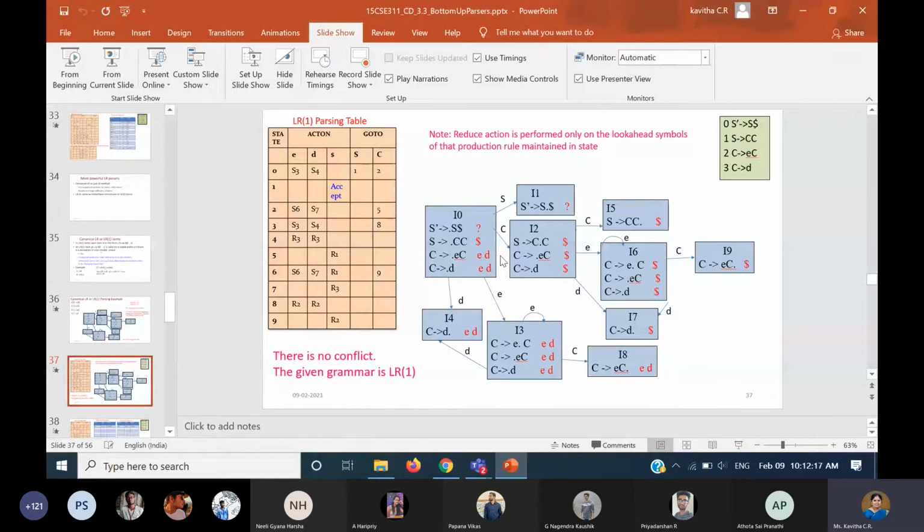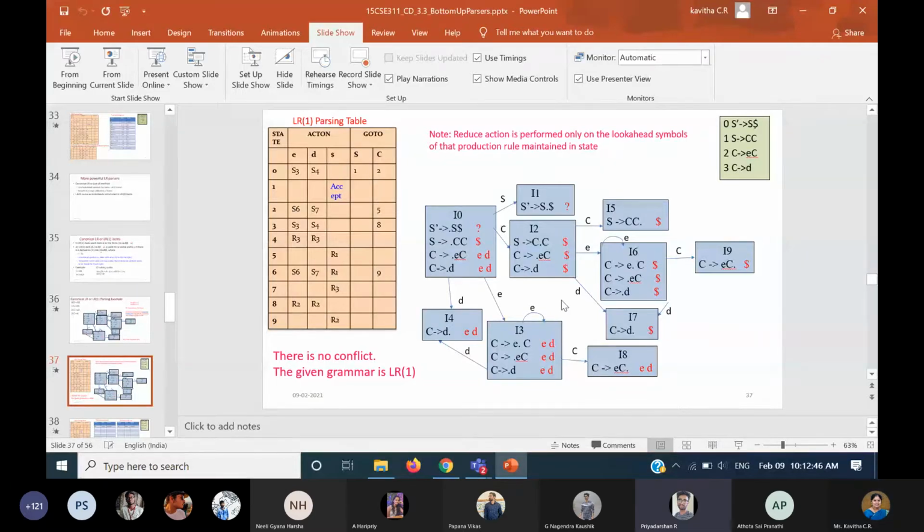Okay, Priyadarshan, I think what you are asking is why I got these two rules and why I am getting dot in the beginning. That is because I expanded this C. Same reason in I6 also. Understood? We are getting these new rules because we are expanding the rules related to C. That is the normal procedure we follow for LR(0) also, right? The only extra thing is the look ahead symbol now. Is that clear, ma'am?